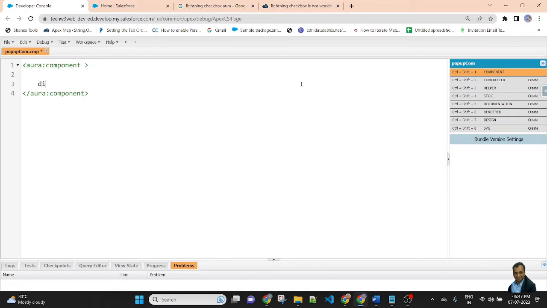Here I will create a div. Before creating the div, I will create a Lightning card. Lightning card provides a white background beside the content. Here title equals display modal pop-up in Lightning component.